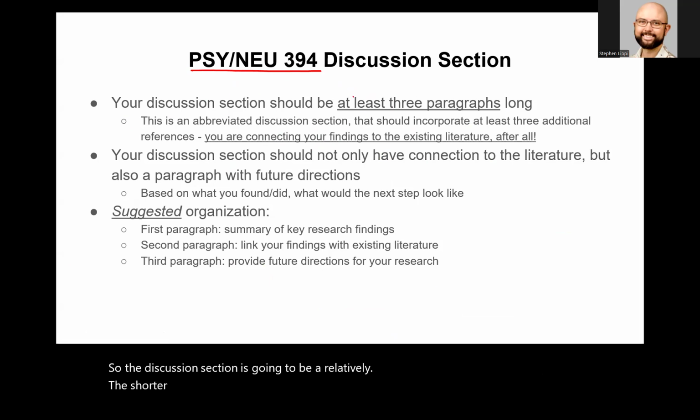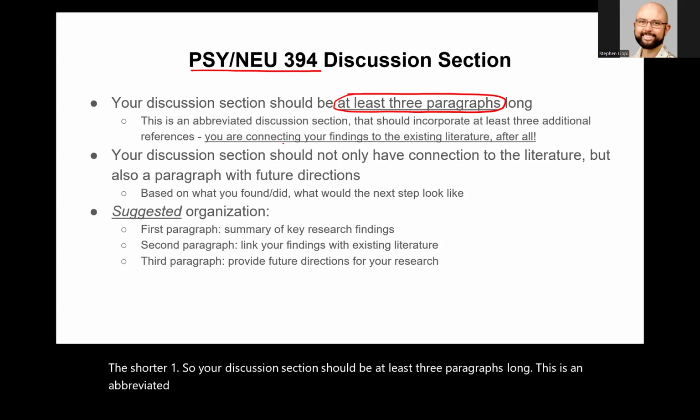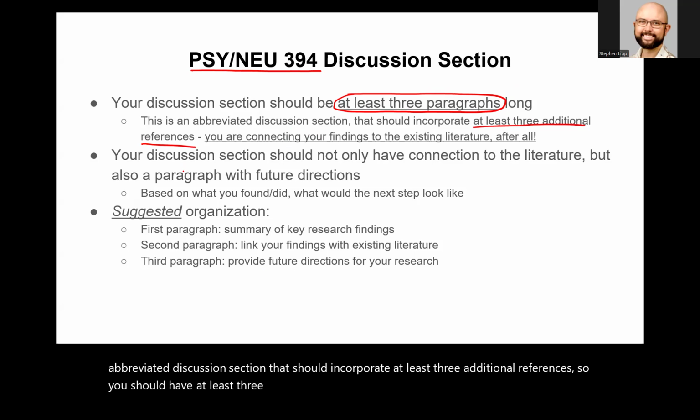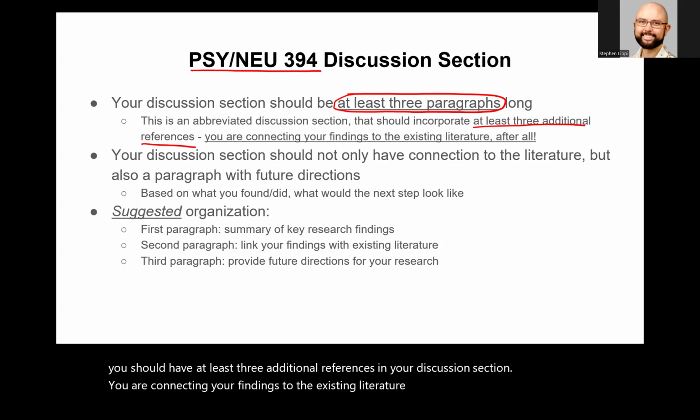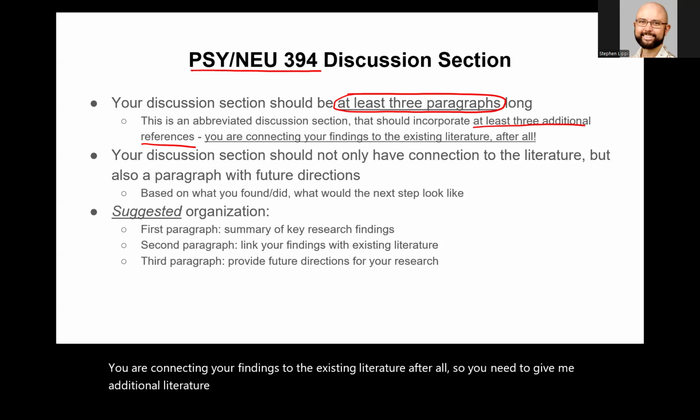So your discussion section should be at least 3 paragraphs long. This is an abbreviated discussion section that should incorporate at least 3 additional references. So you should have at least 3 additional references in your discussion section. You are connecting your findings to the existing literature after all. So you need to give me additional literature showing the findings from your study and how they relate to other